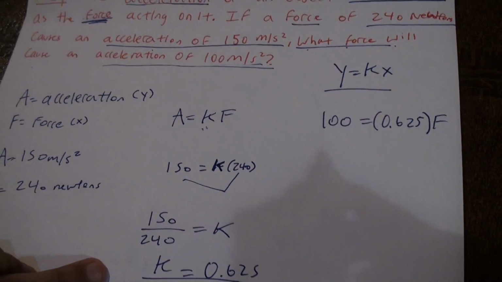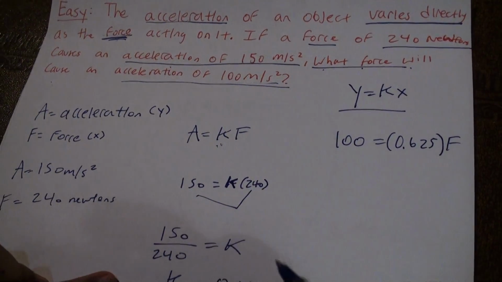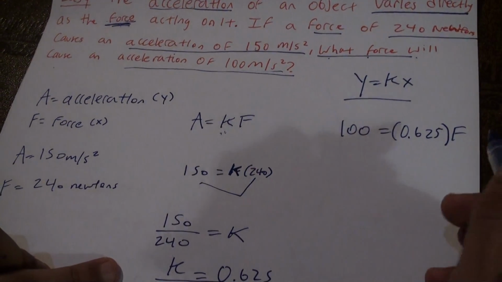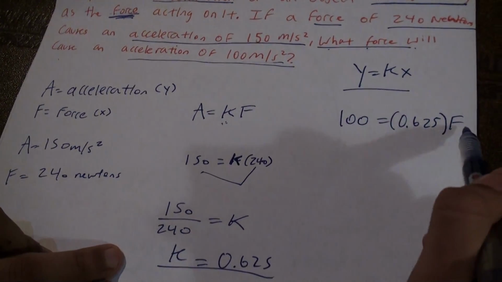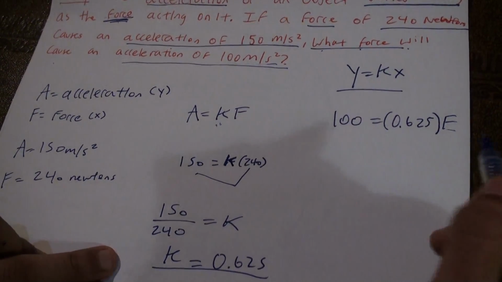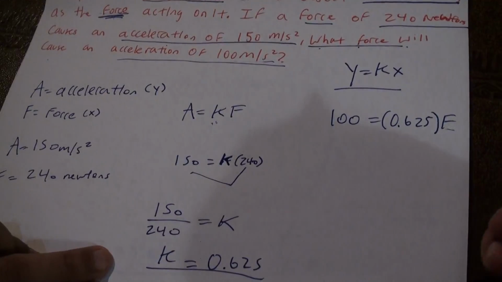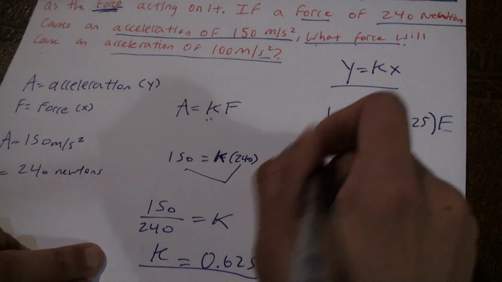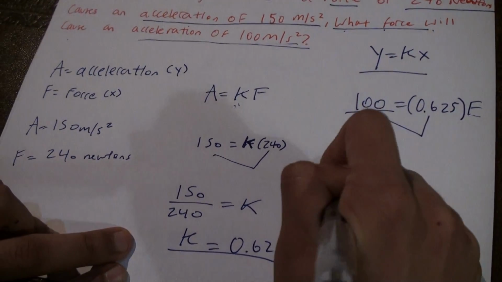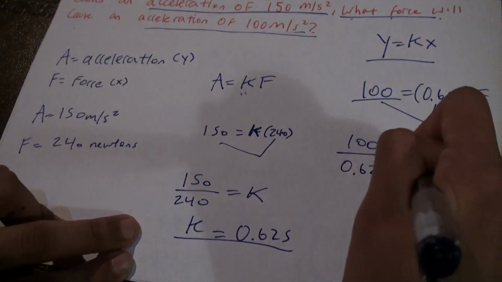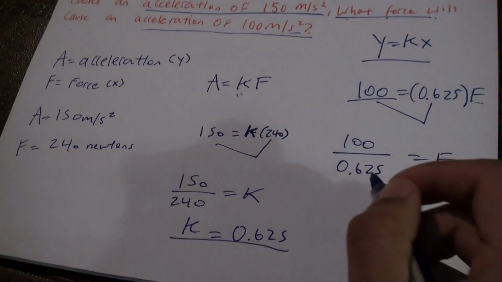What is F? So you basically do the same exact thing you did over here, because whenever you're solving for a variable, you want to leave the variable you're solving for isolated on one side. So 100 divided by 0.625 equals F, and then putting that in the calculator,